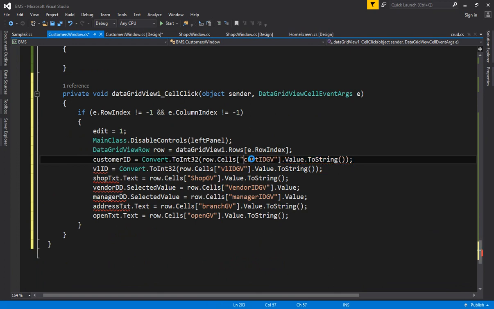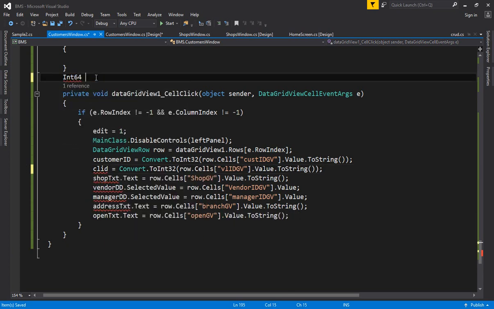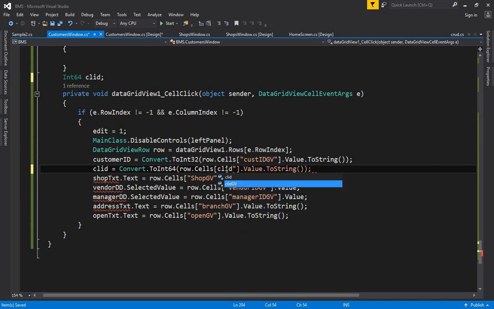Okay, save, and then you need the CLID. So I do not have the CLID, so integer 64 CLID, and you can write here CLID and convert it to integer 64, and you can now take it as CLID GV